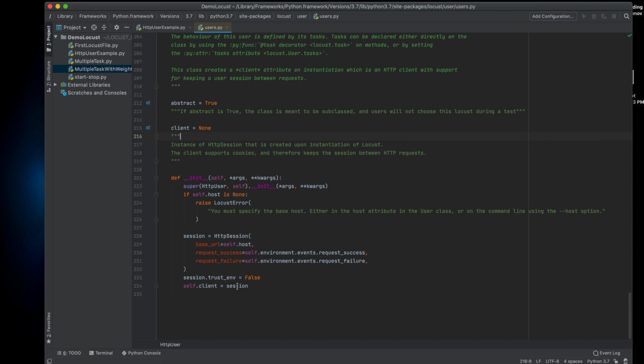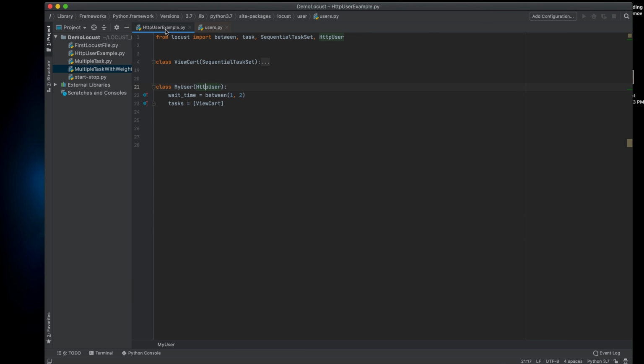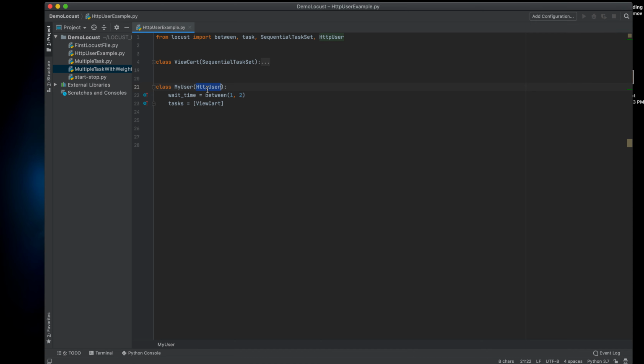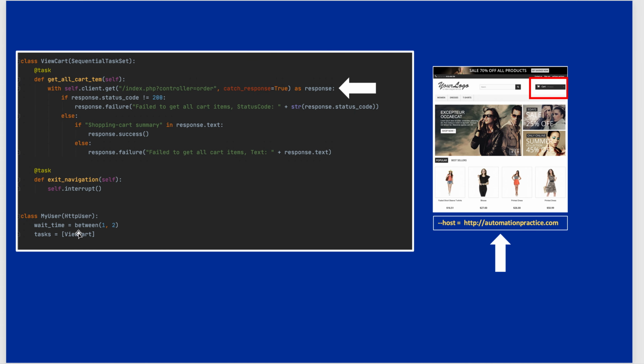So this client, they assign with a session, and the session is nothing but a HTTP session class. So the moment you create your user class from HTTP user, by default locust will give you a pointer kind of thing through which you can directly hit the REST API call. So you really don't need to create a request class, HTTP request class, and then store the session, all those things, right? It will be done for you automatically by locust. Clear? So let's come back, let's close this. So as of now, we are clear as what is HTTP user,